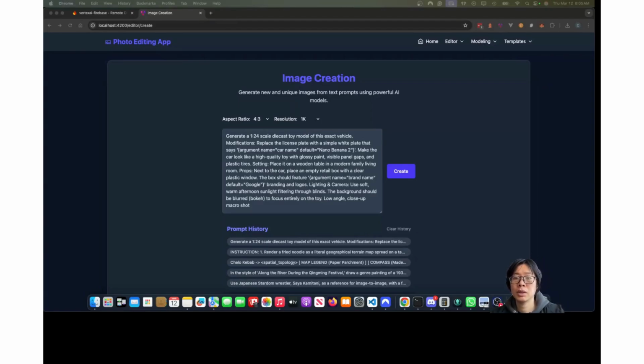Hi, good morning. Today I want to show how I upgraded my Angular and Firebase AI Logic app to use Nano Banana 2 to generate new images. In Nano Banana 2, a few things are added. For example, it supports new aspect ratios such as 8:1 and 1:8, and the resolution has a new option such as 512 pixel. So I can choose aspect ratio 8:1, resolution 512 pixel, input a prompt, click the create button